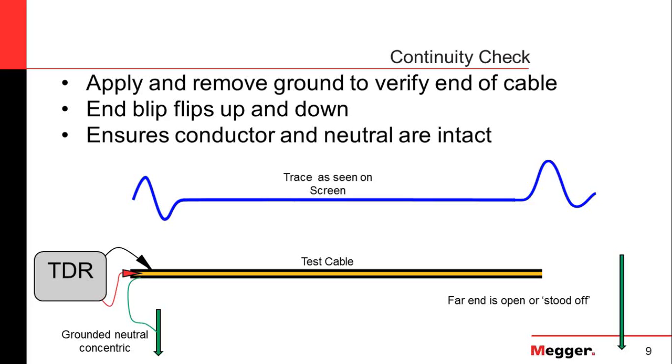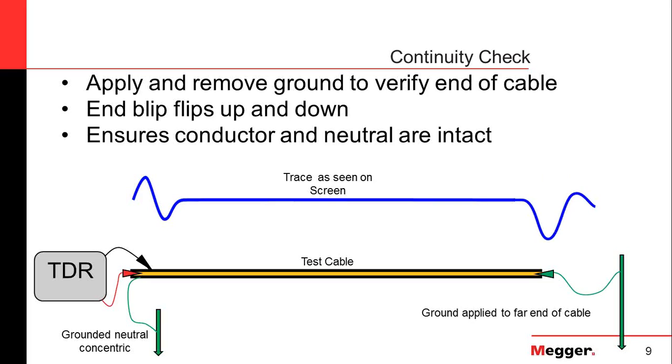So in the middle of the screen, the blue line shows the trace as seen on the screen. And if we look down at our cable here, we've gone to the far end, or we've sent the apprentice, if you will, to the far end. And right now, the far end is just parked or stood off. But if we have the apprentice take the center conductor and ground it,